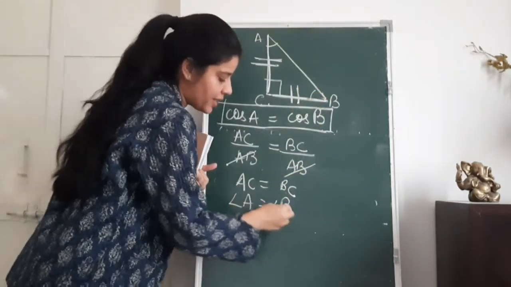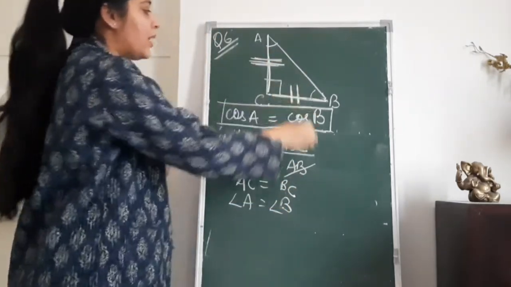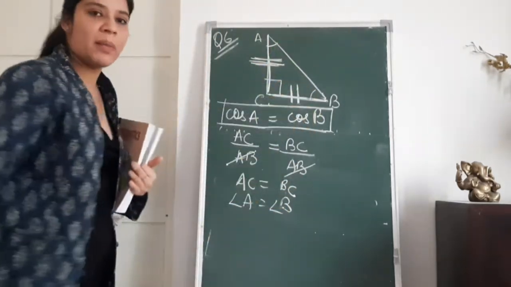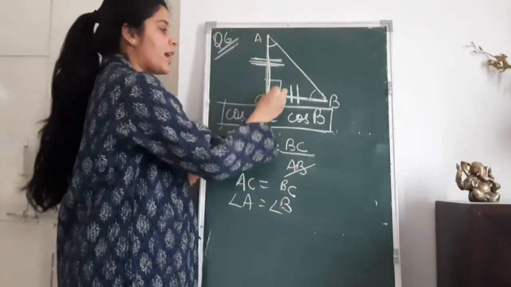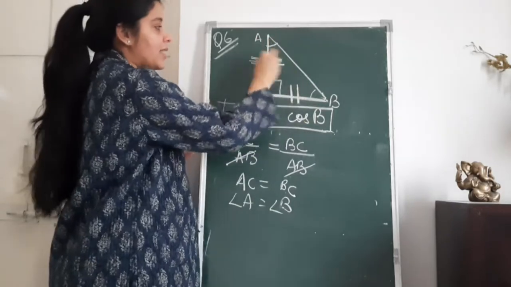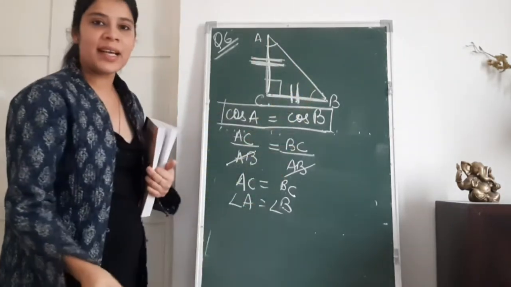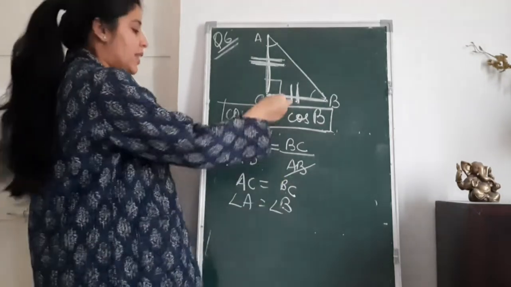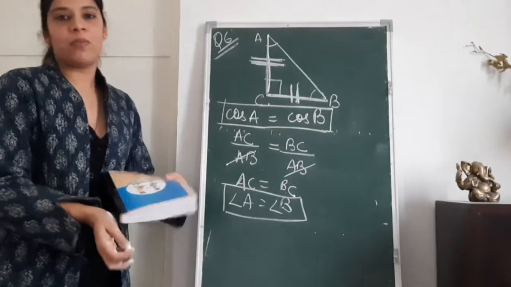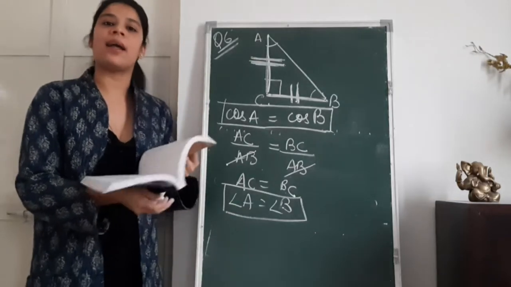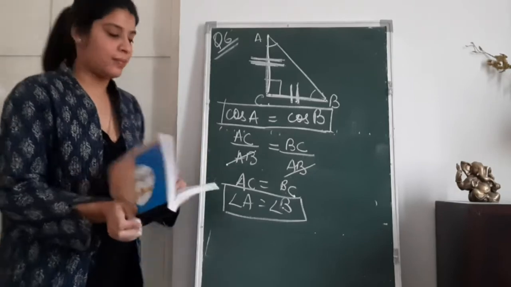Right? Using properties of triangle, if both these sides are equal, then the angles opposite to both of them are also going to be equal. Can I say using the property of triangles that if both these sides are equal, that is AC is equal to BC, then the angles opposite to these sides are going to be equal to one another. Therefore, angle A is going to be equal to angle B, and hence we have proved that angle A is equal to angle B. Let's move on to 7th question.